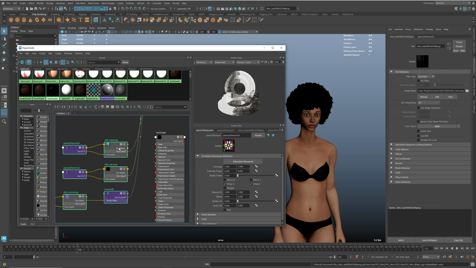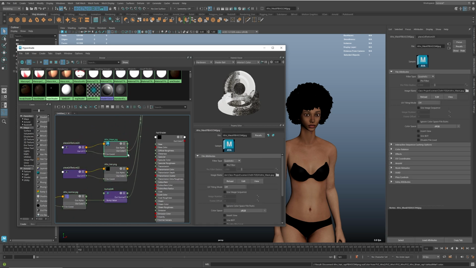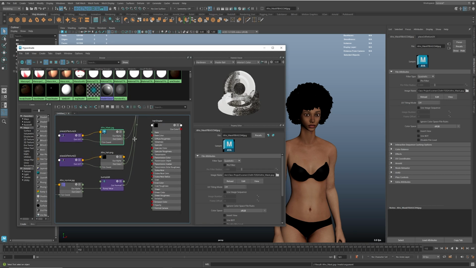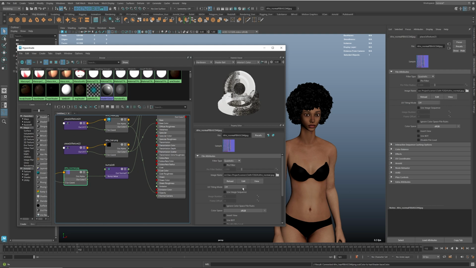So the mask, basically what that is, is just the alpha channel. Let's see if I can view it here. Maybe not. Okay, so it's not letting me view it, but all I'm going to do is just plug this into opacity right there. Then the afro hair, this is going to go to my base color, and then this is a normal map. So again, we need to come in here, set this to raw, then go out color,